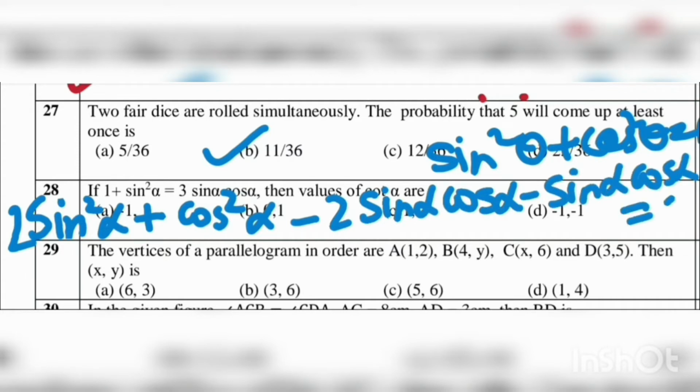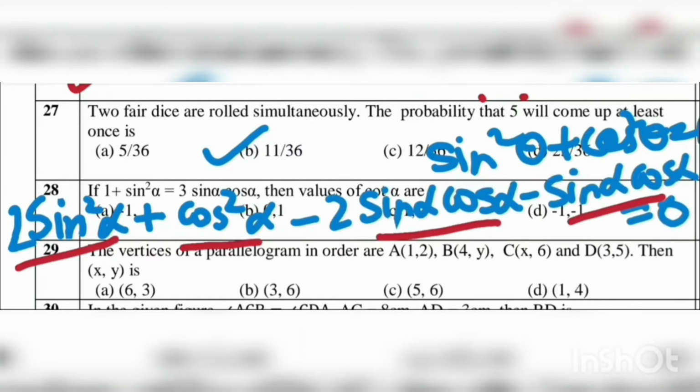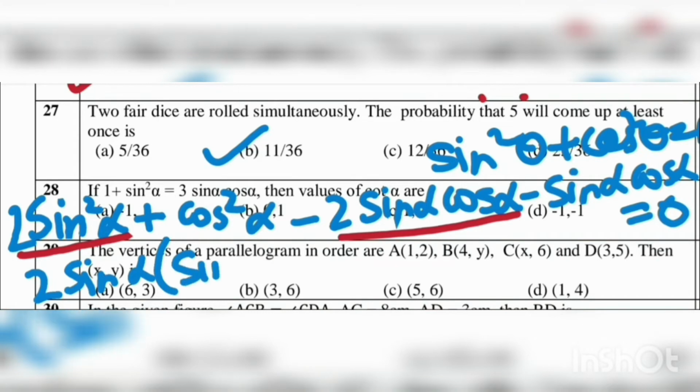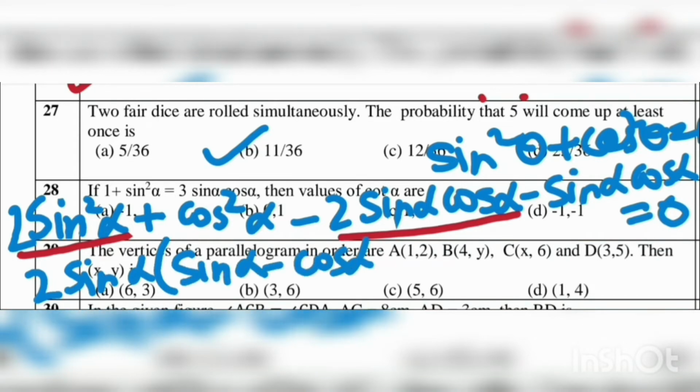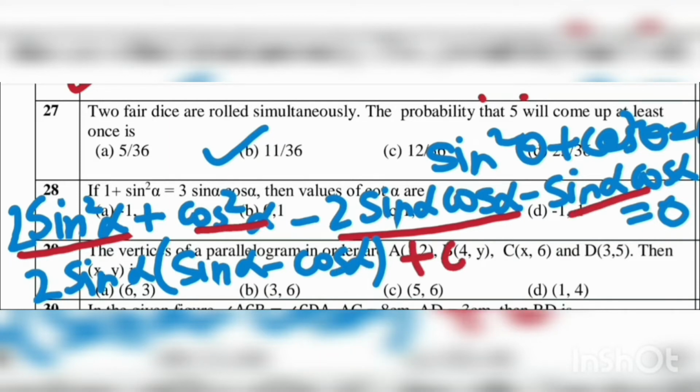Now we have got here 4 terms, 1, 2, 3, 4. Now we will simplify them and make some factors. We will see what we can take common. From this and this, we can take 2 sine alpha common. So we will be left with sine alpha minus cos alpha in the bracket. Similarly, from this and this, we can take minus cos alpha common. Like we use the splitting the middle term method and we make factors, similarly we have to do.